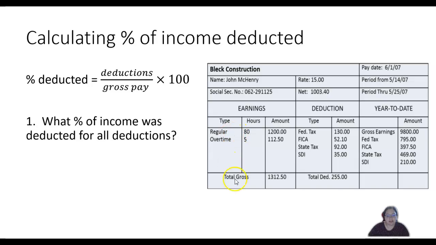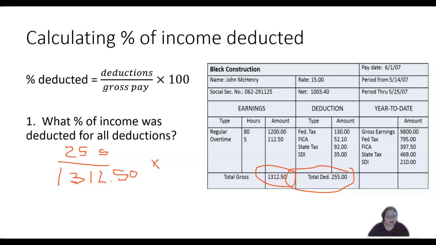Because I am looking at all deductions, I am going to use this number right here, and I'm always going to divide by the gross income. So what we have is $255 divided by $1,312.50. So you're going to divide those, multiply by 100,